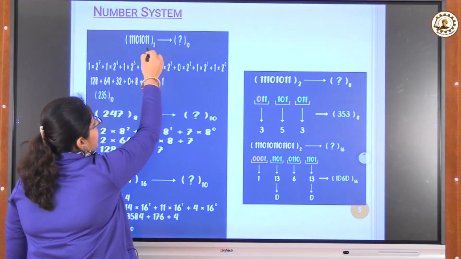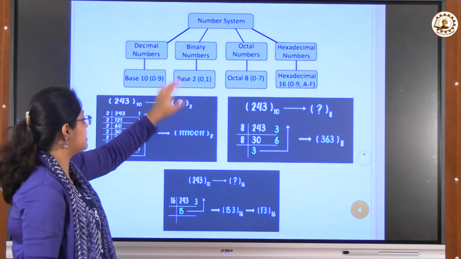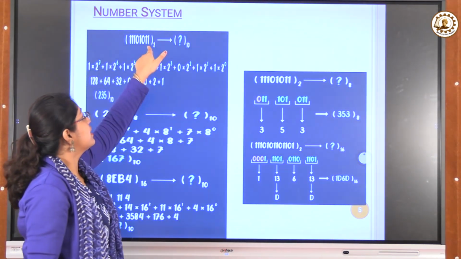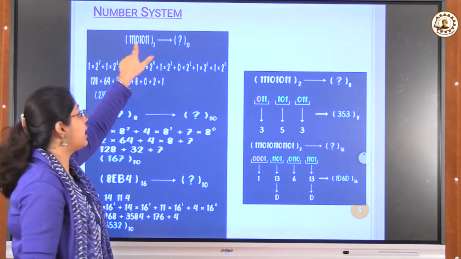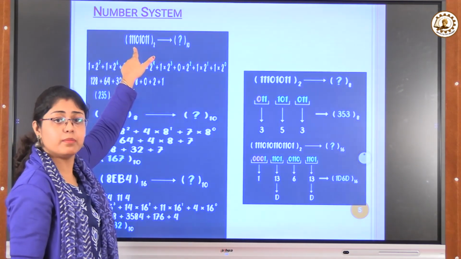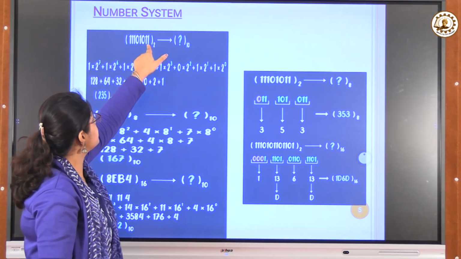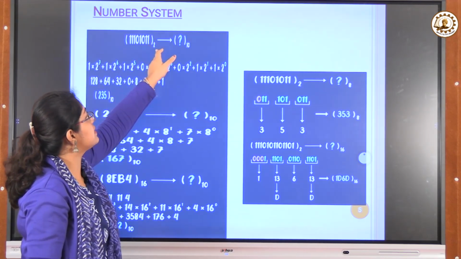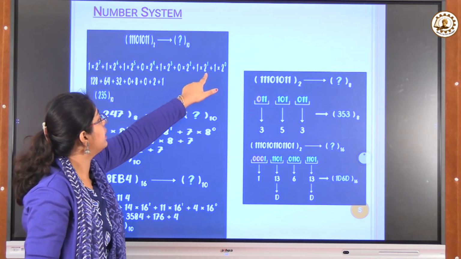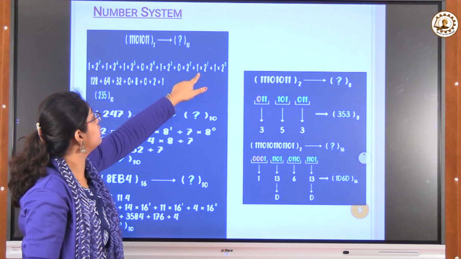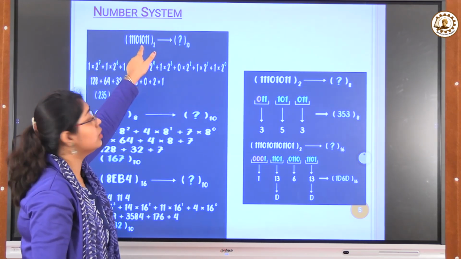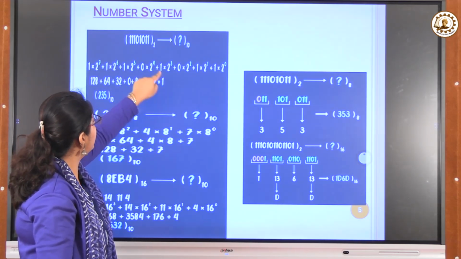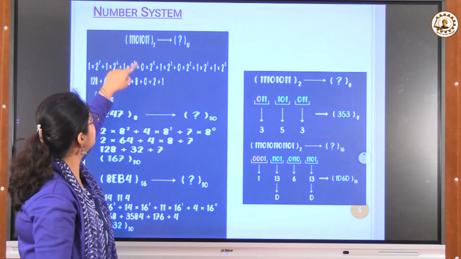Starting with this value, the LSB. It is known as LSB, least significant bit, and this one is the MSB, most significant bit. So the LSB is 1 here, the weightage is 2 to the power 0. Why? Because base is 2. So 2 to the power 0 into 1 plus 2 to the power 1 into 1 plus 2 to the power 2 into 0 plus 2 to the power 3 into 1 plus 2 to the power 4 into 0,